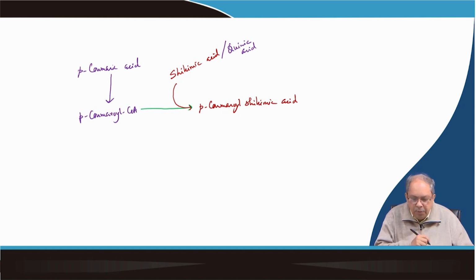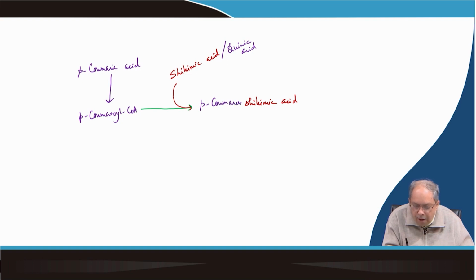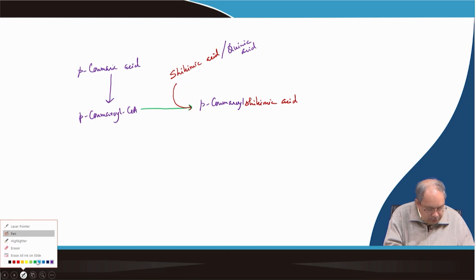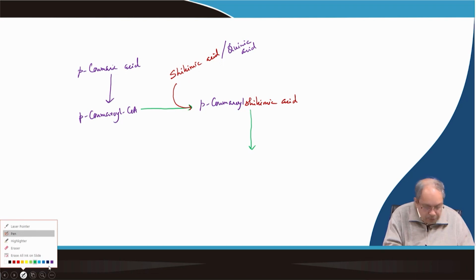So, this para-coumaroyl shikimic acid will be, actually I should make it in that color, otherwise there is no point. So, this is converted into caffeoyl shikimic acid. So, the caffeoyl shikimic acid